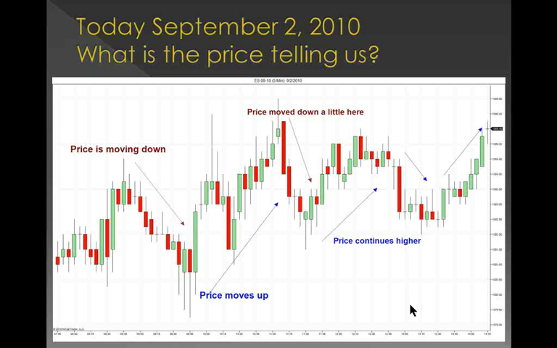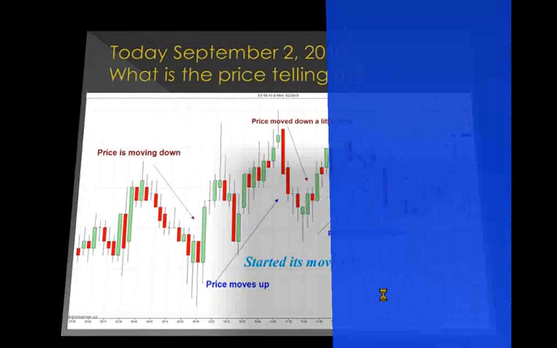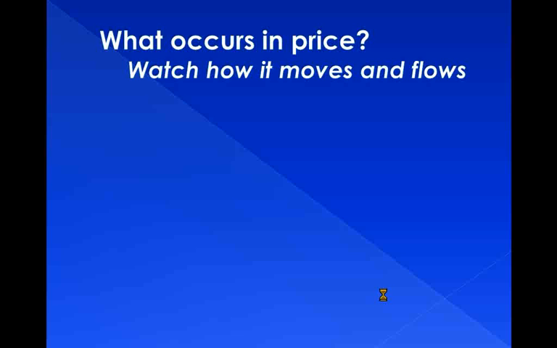Now, when I talk about price action, and when I talk about how to trade it, how to react on it, I never reference candlestick interpretation. I never reference market profile. I never reference indicators, for example. I never reference any of that stuff because I don't think, at least for me, it's not as useful as just looking at how the price is reacting. Okay, so that's very important. So now, what occurs in price? I want everyone to